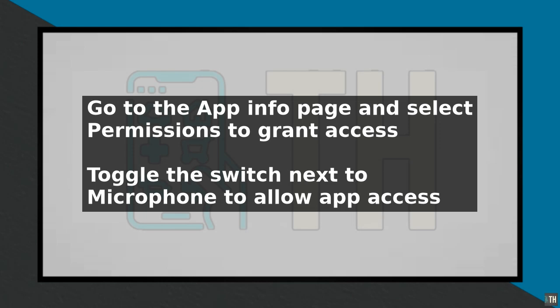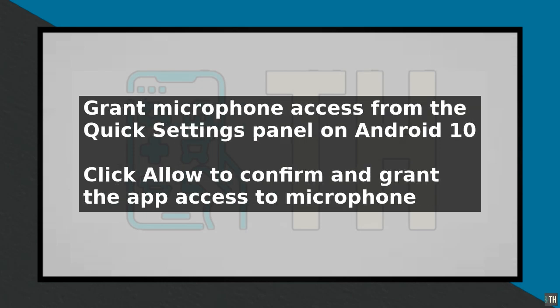It is essential to only grant microphone access to trusted apps, as granting access to untrusted apps can compromise your device's security and put your personal data at risk. Always review the permissions an app requires before granting access, and only grant access to the permissions the app needs